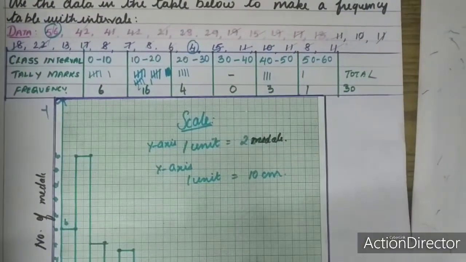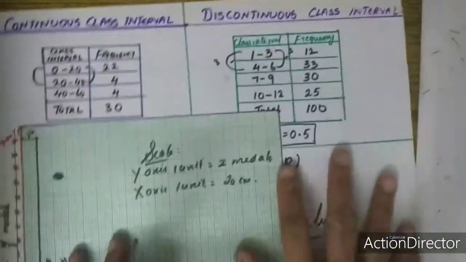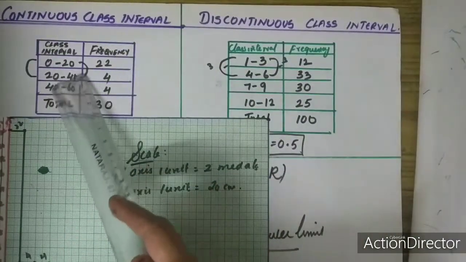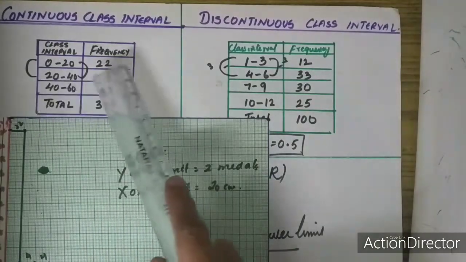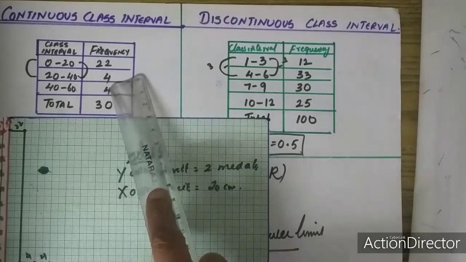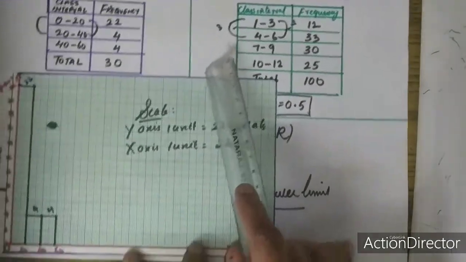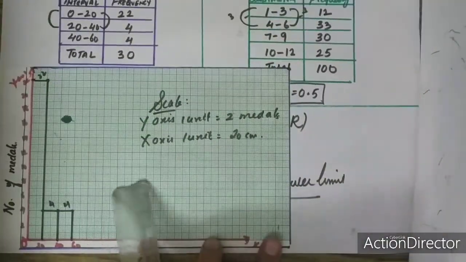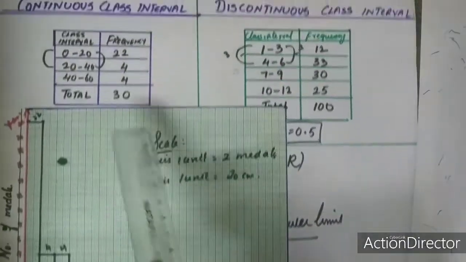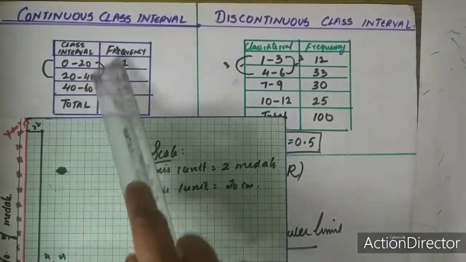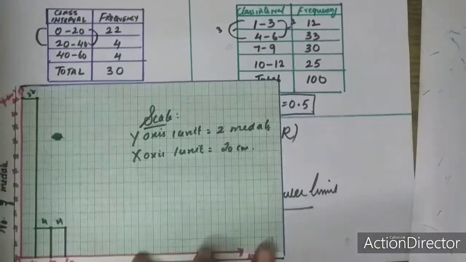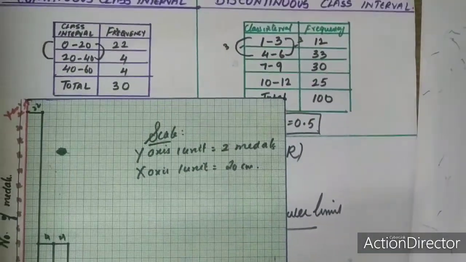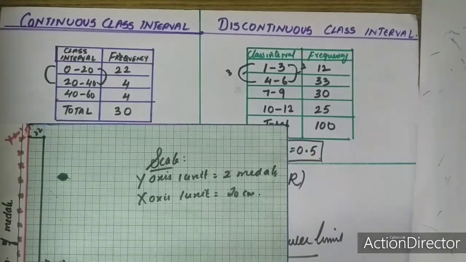You can also take some other interval which is convenient for you. Like this, you can take the interval as 0 to 20, 20 to 40, 40 to 60. In this case, we are having only 3 classes over here. And the frequencies are 22, 4 and 4. So total we are getting 60. And the histogram will be looking like this. So in both ways you can make it, either taking the class interval with a difference of 20 or else a difference of 10. It's left to you. When it is not specified in the question, it is your wish to take the class interval.